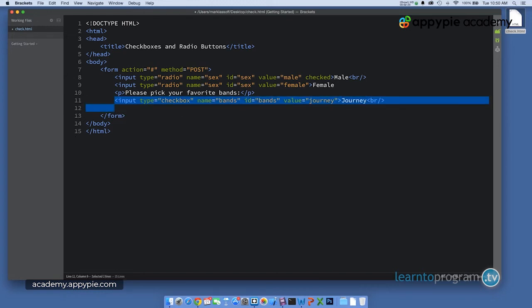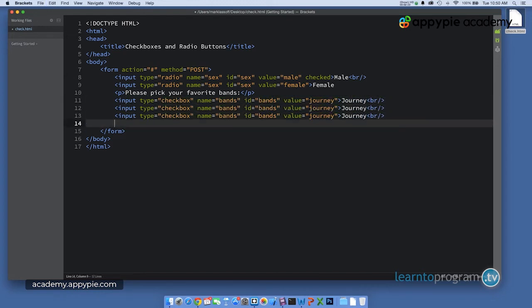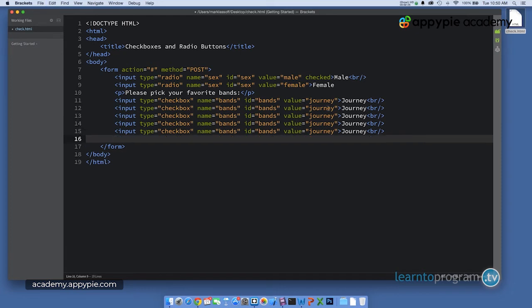And then we can add here using a little magic of copy and paste. I don't really consider this cheating, but here we go. Because the only thing you need to differentiate is the label for the user, which I'm doing right here, and the value that's returned. Because remember, here the user can select some, none, or multiple numbers of these really in kind of any random order. All right, so a couple more bands here. We'll do Def Leppard and Styx. All right, so there we've got